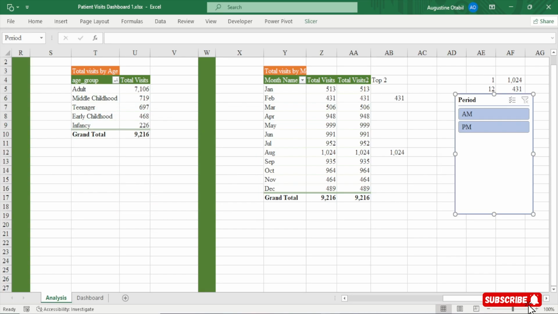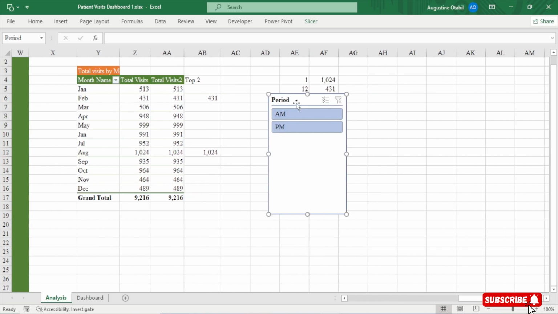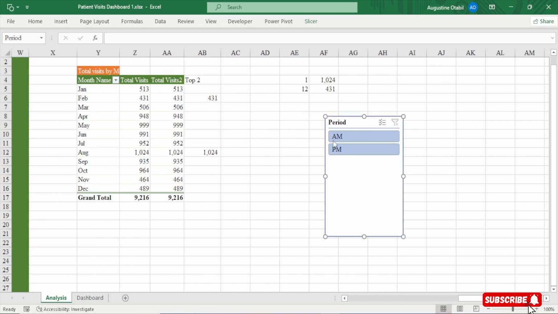Okay. So now watch here. This is what I'm saying. If you do it manually, when you check AM, you see that the highest number is now not 540. The highest number now is what? Okay, the highest number is 540, but 540 is not August. 540 is May. So instead of this number coming here, it is showing